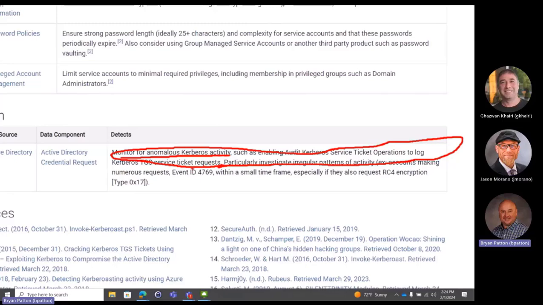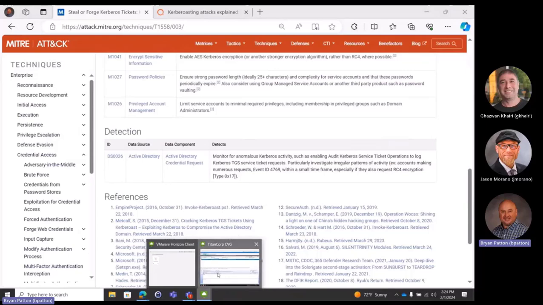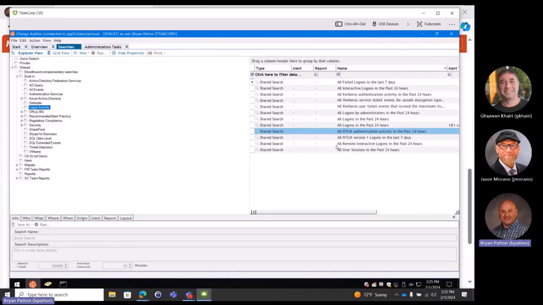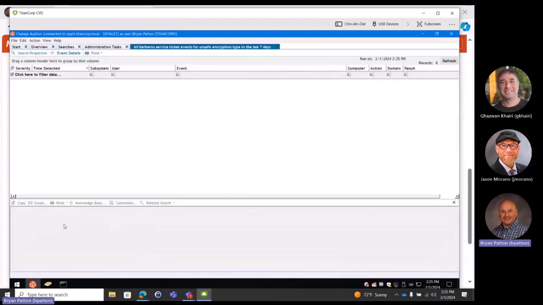We'll look at that state data of anything that does have a service principal name, and be alerted of any other account that is not vaulted or put under gMSA. And then the other key thing right here: audit what's using RC4. And that is something Change Auditor has the ability to do. We added this a while back. And people should be looking at if RC4 is being used in their environment. If you ever see this one with RC4, that is an issue.